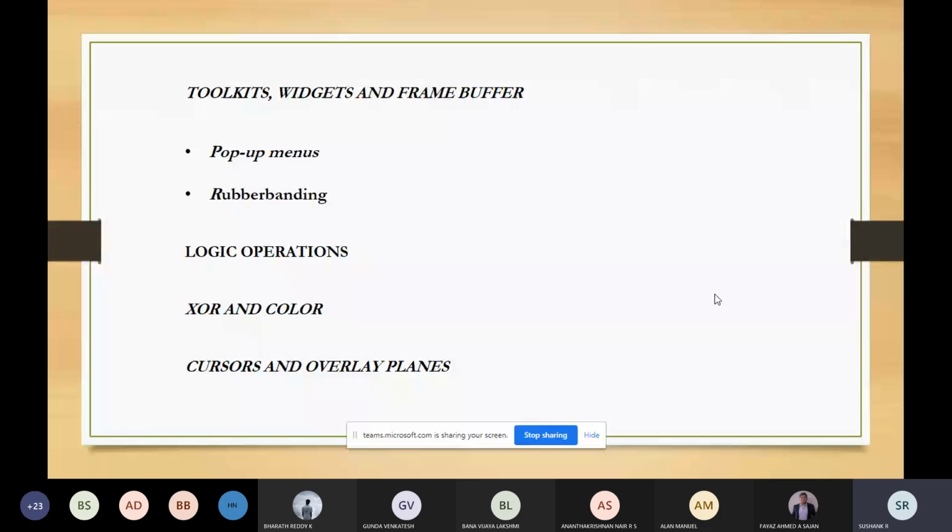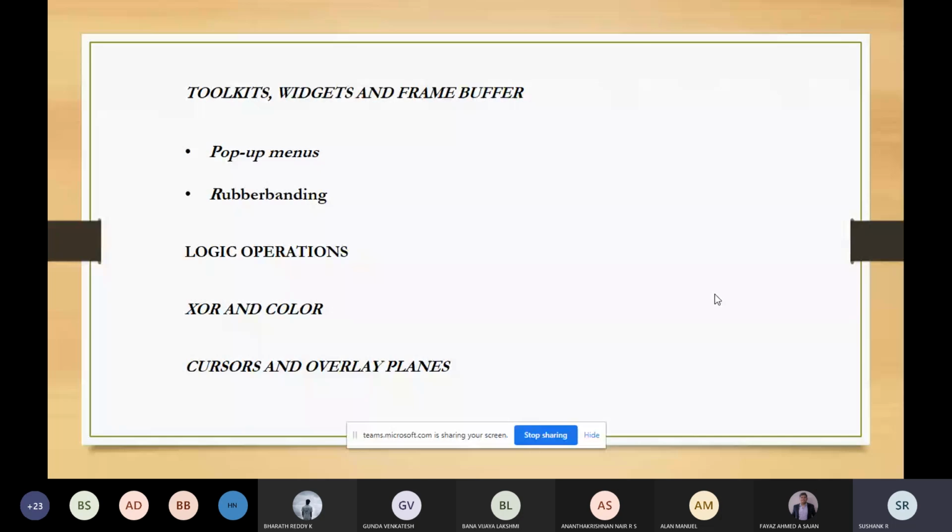For example, we know that the color buffer will have 8 bits for red color, 8 bits for green color, and 8 bits for blue color. Now we will have one overlay plane which will consist of one red plane, one green plane, and one blue plane. So this is the red overlay, the plane which consists of red color.